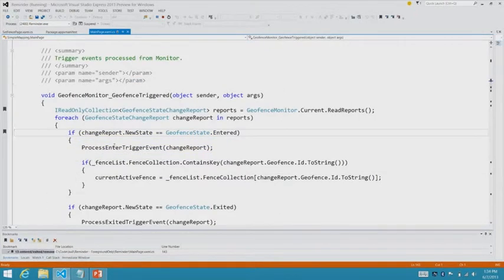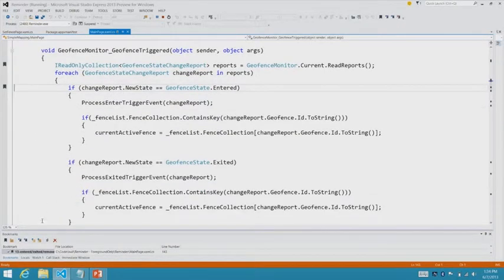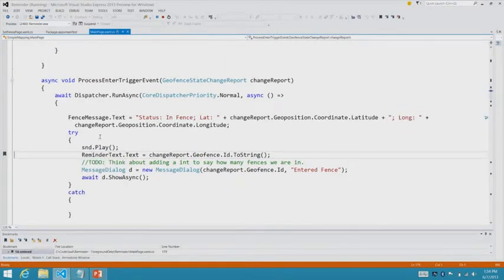So let's go take a look at the entered functions to see what actually happens. When we get an entered notification, we jump into this function, and you can see we are playing a sound as well as displaying a message to the screen that says, hey, you've entered the fence, and here's the reminder